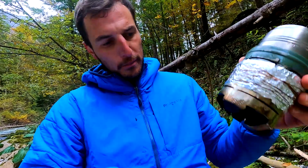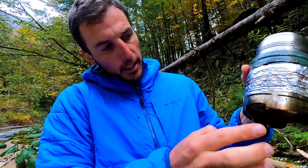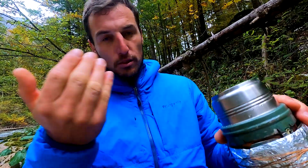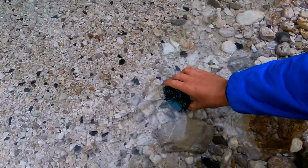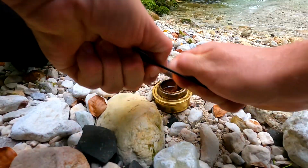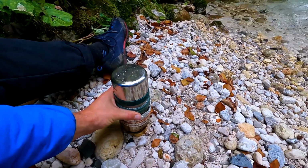You put water in, you put this alcohol burner, and it's heating here and also the sides, and this aluminum foil just keeps the efficiency up. And then you just boil the water, put the tea in, and I'll show you how it works. Take some water from the river. On top of it,